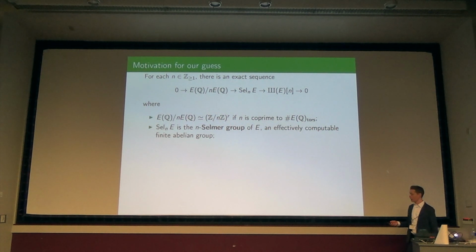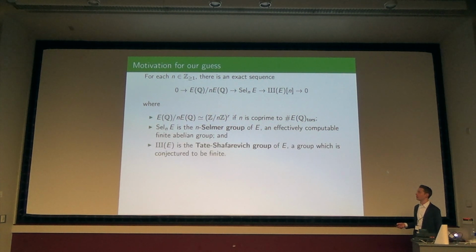Why? Because there's an error term. That error term is the Tate-Shafarevich group of E. It's like a class group of an elliptic curve, if you think number theoretically. It's a failure of a local-global principle to hold. They're really ghosts, and the ghosts are measured by Sha: the things that look like they should come from points, but turn out not to.